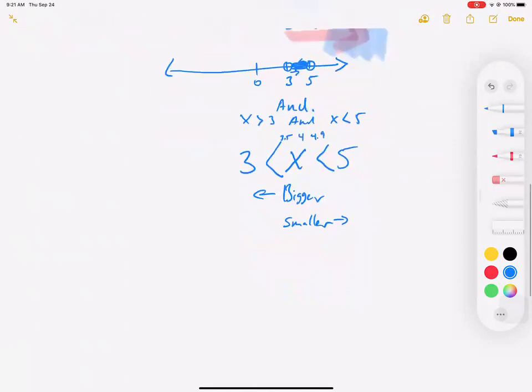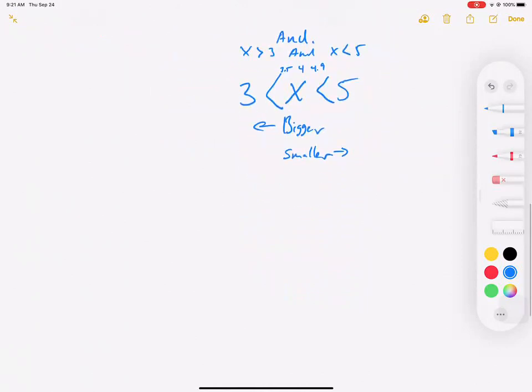So these compound inequalities can be written in 2 ways. You just want to be aware. In this case, let's do another one. We'll say x is less than 7, but x is greater than or equal to -1. Okay, so if I ask you to graph this system,